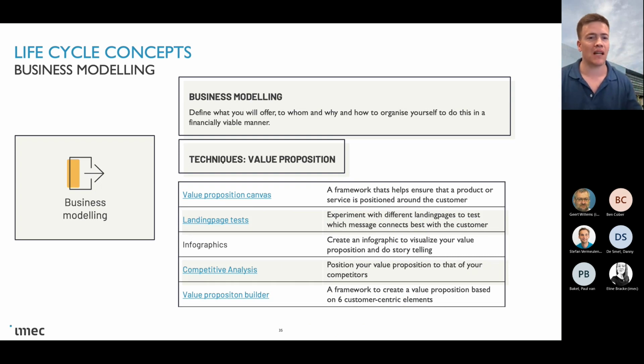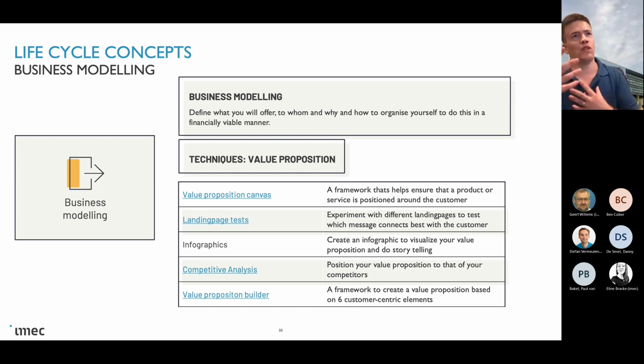There's of course also the value proposition part. So again, there are quite some canvases, but in this case, there are actually quite good tests, like a landing page test, which we at IMEC quite often use. You make some advertisements, which is relatively cheap digitally online, where you make one page with a message to see how successful that message is with, let's say, people visiting that website. So it's actually not offering anything, but it's the offer that you have in mind, already doing it online and seeing how successful that is. And